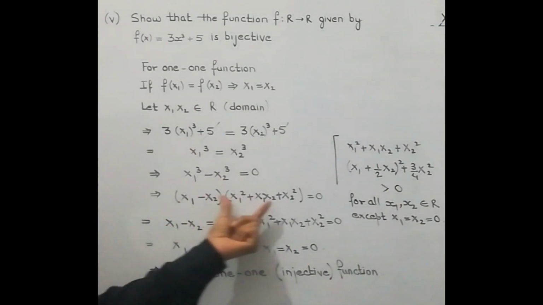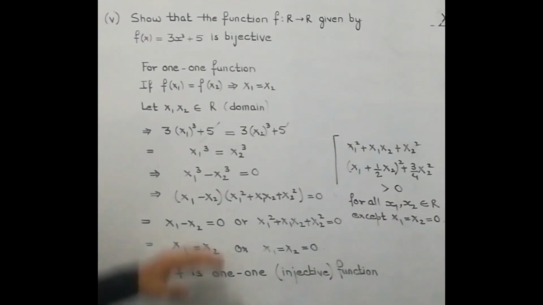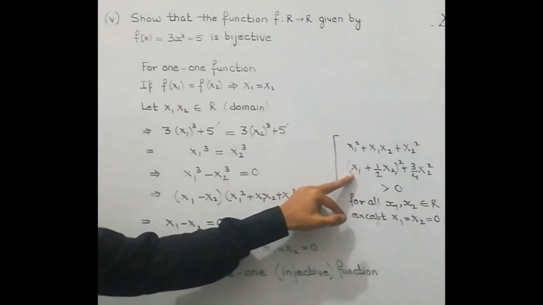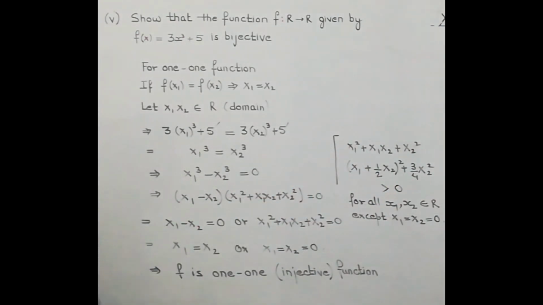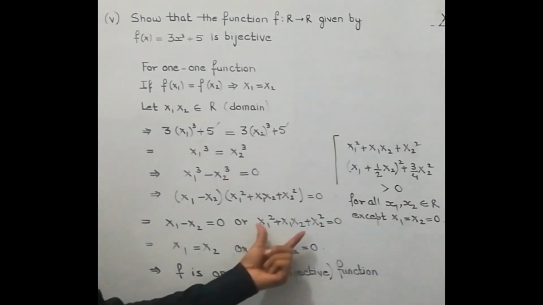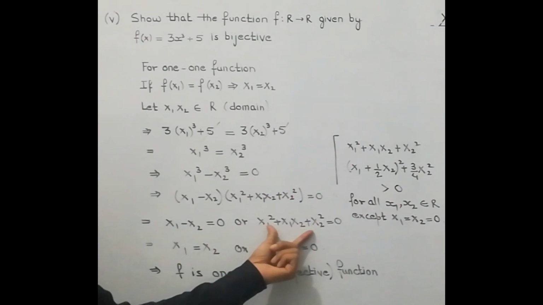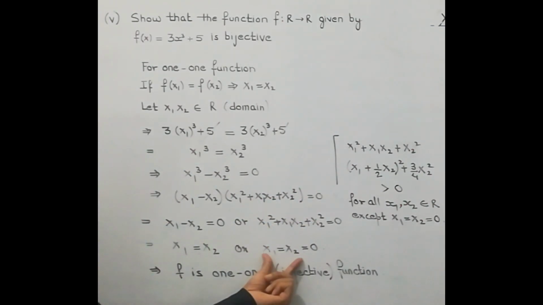We were having the product of these two equal to 0. So under this condition we can say either this is equal to 0 or this one is equal to 0. Here we have shown that this portion is always greater than 0 except for the condition when x1 and x2 both are 0. So if we consider it equal to 0, then x1 is equal to x2, again they are equal, and this is giving that x1 is equal to x2, so we have got this. So we have proved that the function is injective. Hope this part is clear.